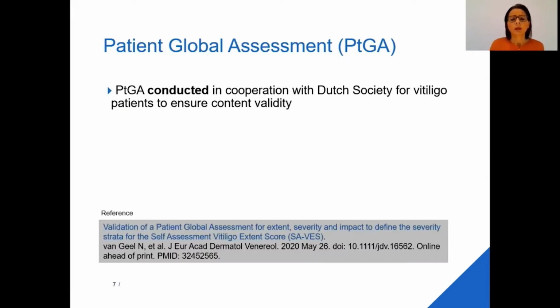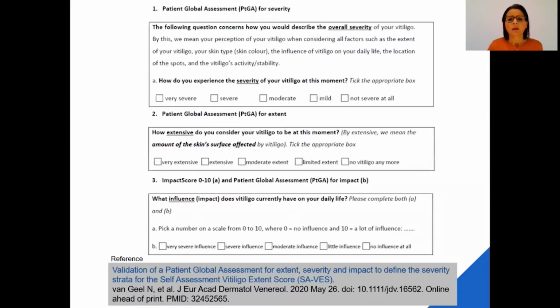So for the PGA, we constructed this in cooperation with the Dutch Society for Vitiligo Patients to ensure the content validity. You can see here the 3 scores that were developed, one for severity, one for extent, and one for impact.